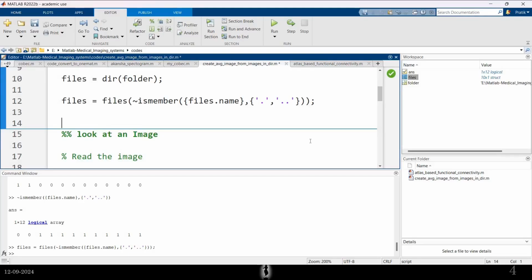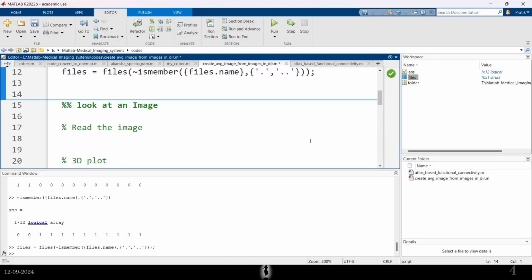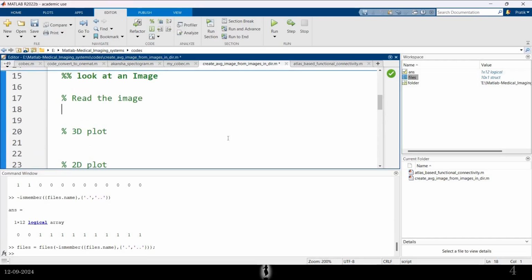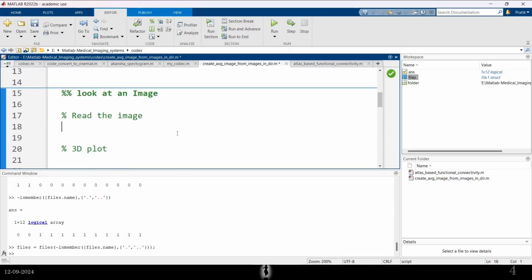Now what we are going to do is first look at the image. We'll see how MATLAB can read these images, and then we'll use a for loop to read all the images at once and then take the average of that. Okay, so to read the image, let's say I have a new variable called subject,